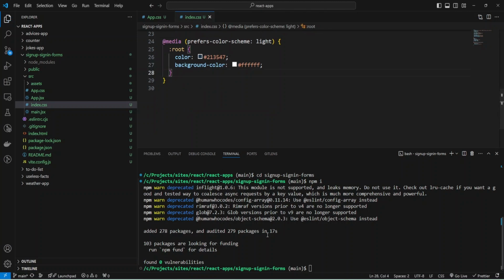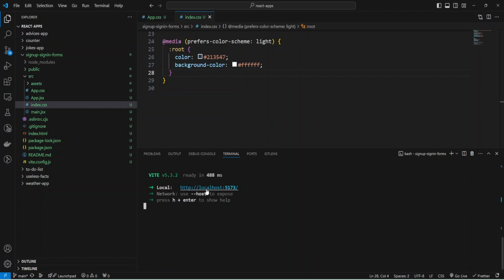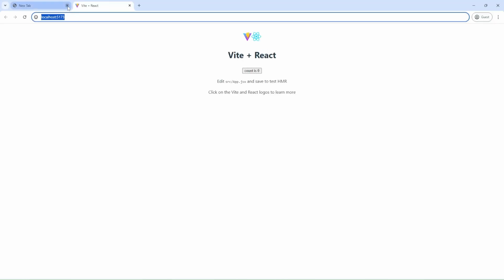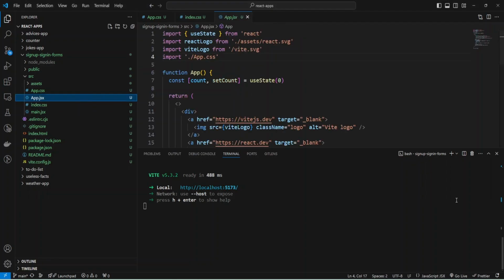Okay, dependencies were installed, and we can run our dev server with npm run dev. And I'm going to press the link and check what I have. Okay, we have some auto-generated code. We can remove it also.